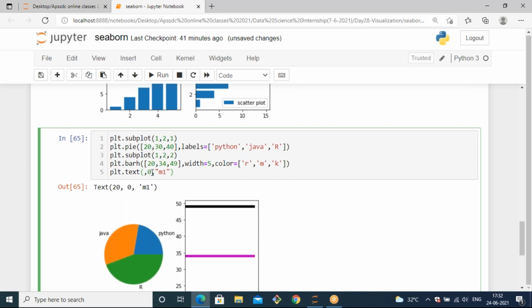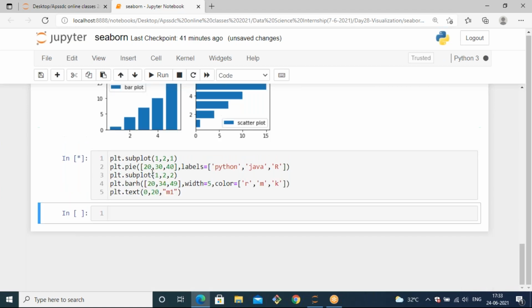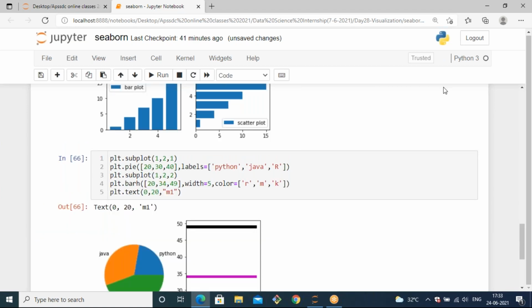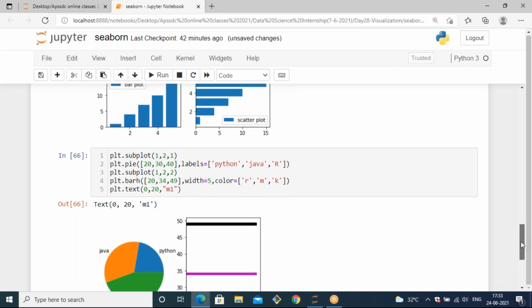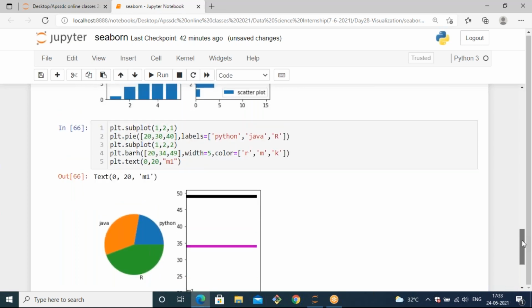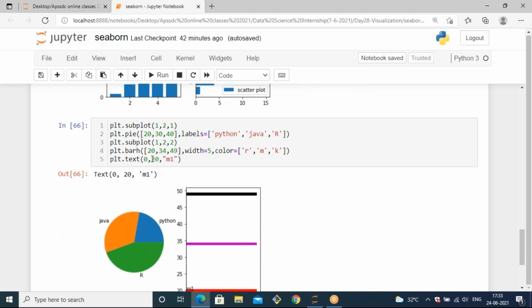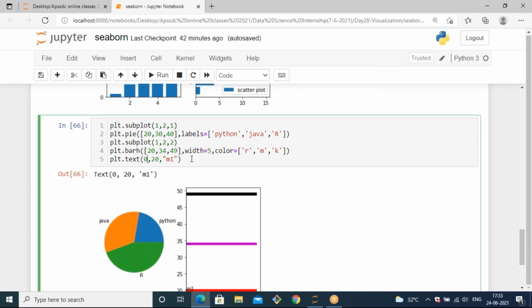Yeah, 0 should be placed at the first position. 0, 20, 10. Yeah, now you can get it. So in the 0th position of 20, I will get m1 as a text. So like this, you can pass the text also in the bar graph.